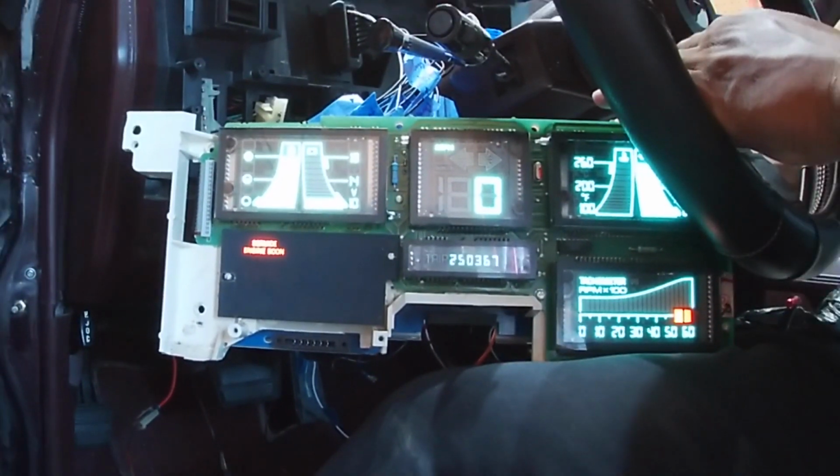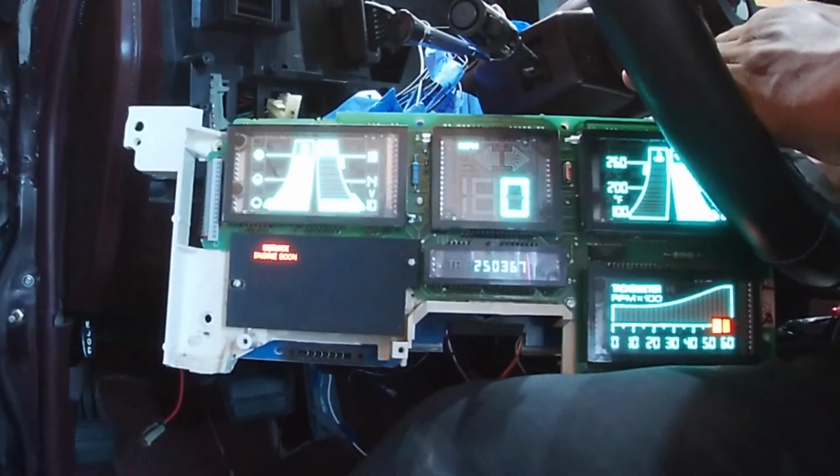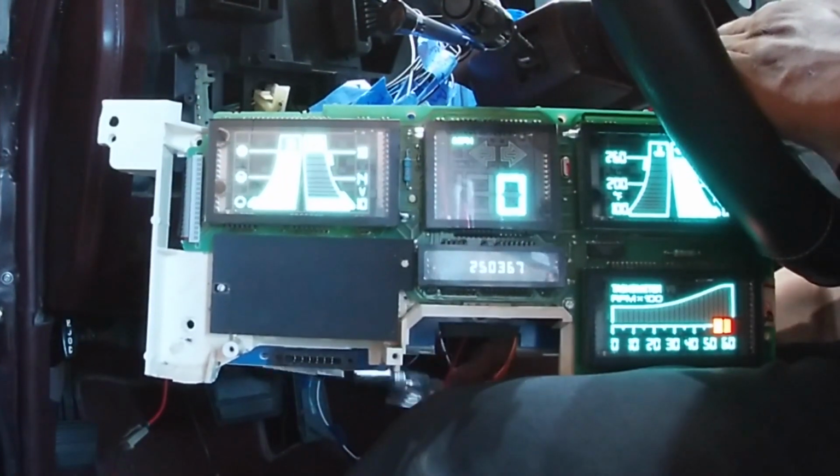There you go. So I'm on the negative feed of the service engine soon indicator. Basically when you would start the car, as long as everything's good, it would shut off. Right now, since it's in the keyed on position, that's why it's still displaying the service engine soon light. So I'm going to tie in to the